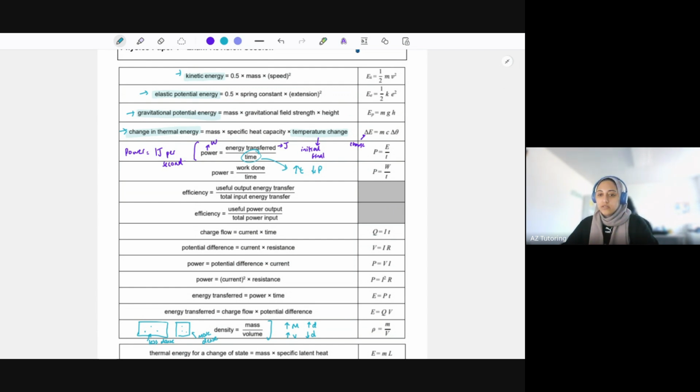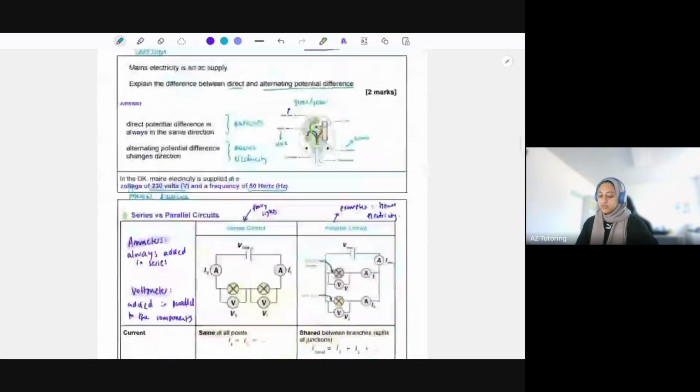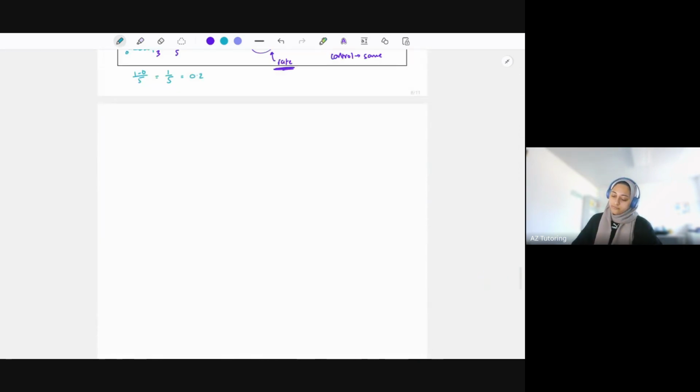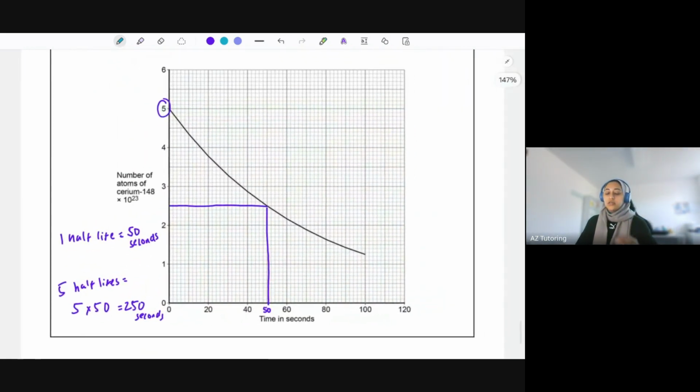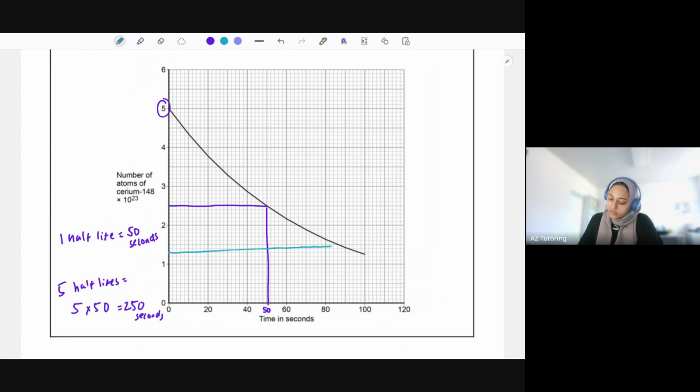Is a full life a half-life times by 2? No, it's not. Because if you just times this by 2, a half-life is just the amount of time it takes for the nucleus to half, but it doesn't mean a half and a half is 2. So if you times it by 2, you're basically halving this again, so it would be 1.25, and you'd read off from there. Now this graph is continuing downwards, so my next half-life would be half of 1.25, which is